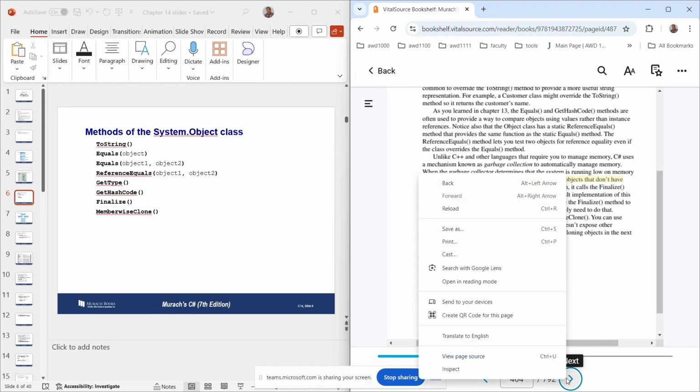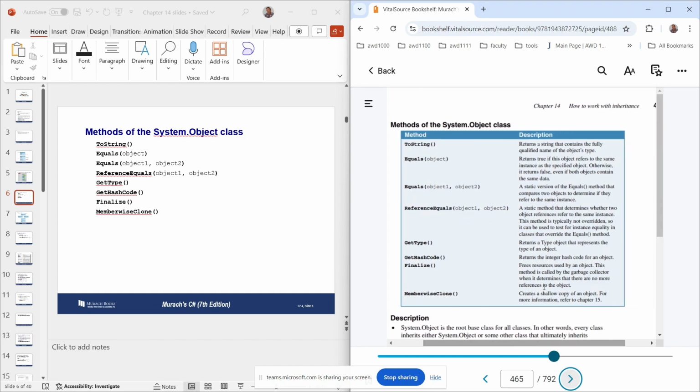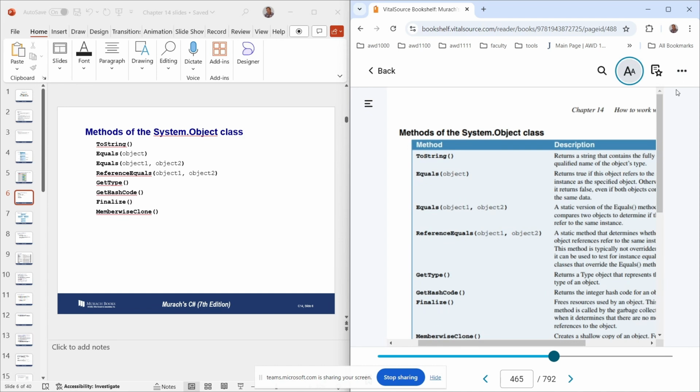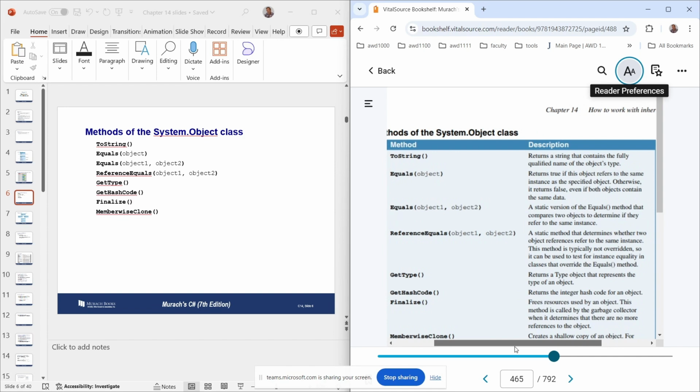Let's make this a little bit bigger here. So these are some of the methods of the object class, right? Whenever you create a new object, like in chapter 12, we created an order object, our soda object, our Sunday object, right? All of those objects that we created,